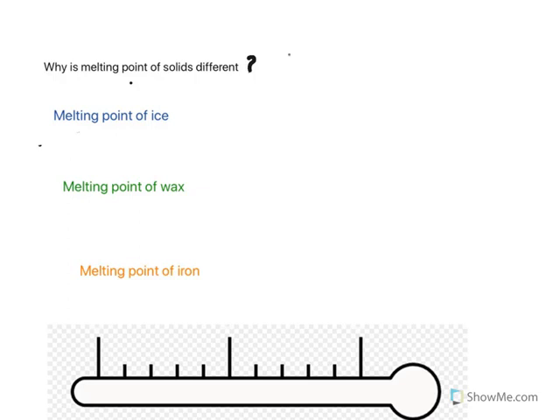The next thing we're going to tackle is, why is melting point of solids different? We see that different solids melt at a different temperature. For example, ice melts at 0 degrees Celsius. Wax melts at 63 degrees Celsius, while iron melts at a very high temperature of 1535 degrees Celsius. So here is a thermometer, and just to explain it better, we write here,